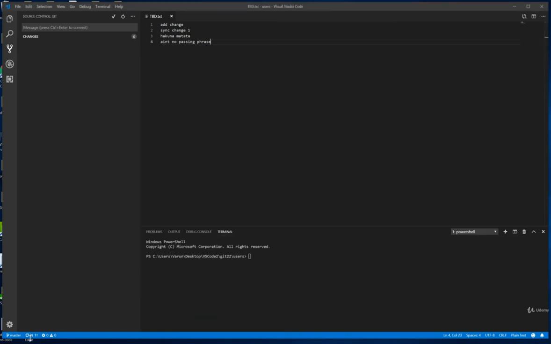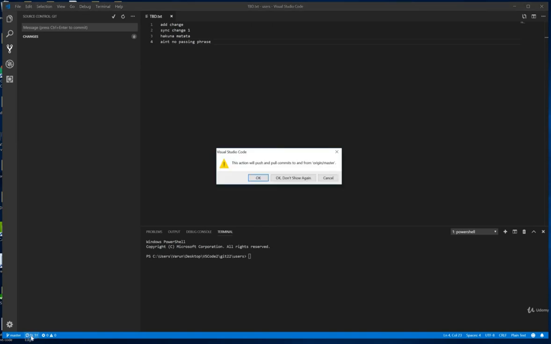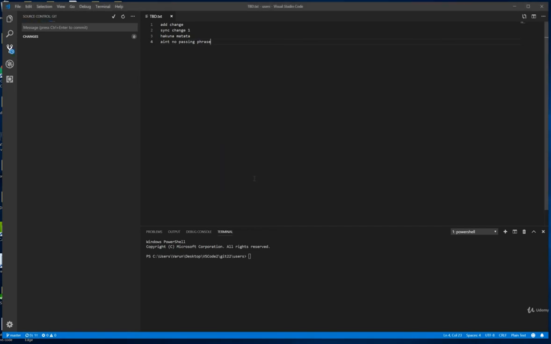So look here, there's a button called synchronize. Click on that. It shows you how many changes have to get pulled in. So it pulls all the changes from the remote and then pushes the changes you've made. So it will push all and pull all the commits from the current branch that you're in and give you this warning message as you're about to do that. Right now I have 0 changes to pull and 1 to push. I said OK,